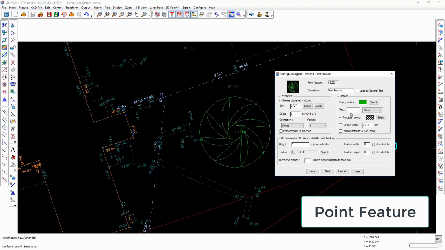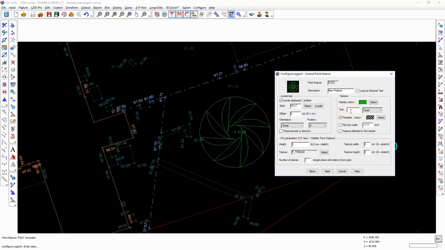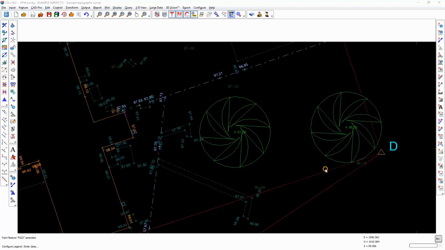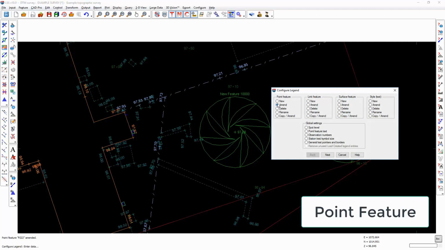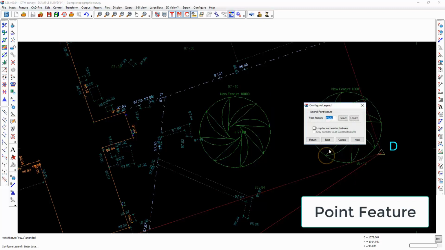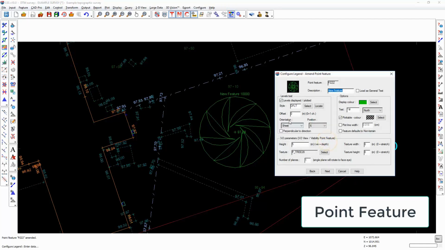If I now type in this field ~hash, next, OK, finish and save, we'll now see the description for that feature together with its point number. Any changes we make in the Configure Legend will apply to every single occurrence of that same feature within the current survey. However, if you subsequently turn off the levels display in Legend but have already amended the level text